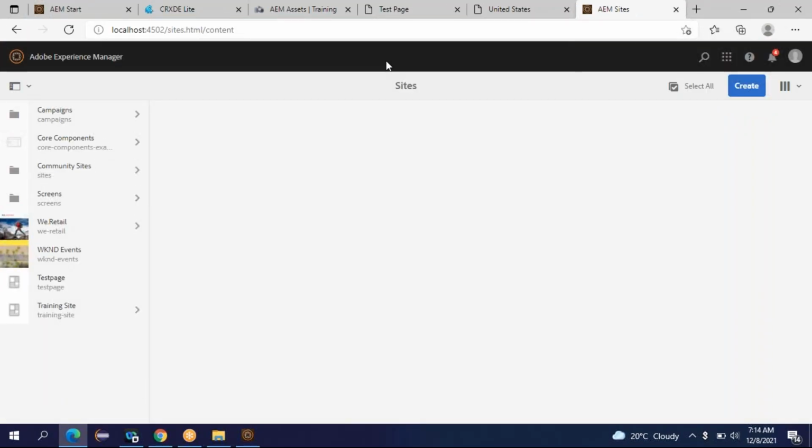We have seen the site admin console. This is the equivalent console of site admin. Whatever you can do using the site admin console, the same thing can be done using the sites.html console. It means you can create your website, create the pages of your website and arrange them.